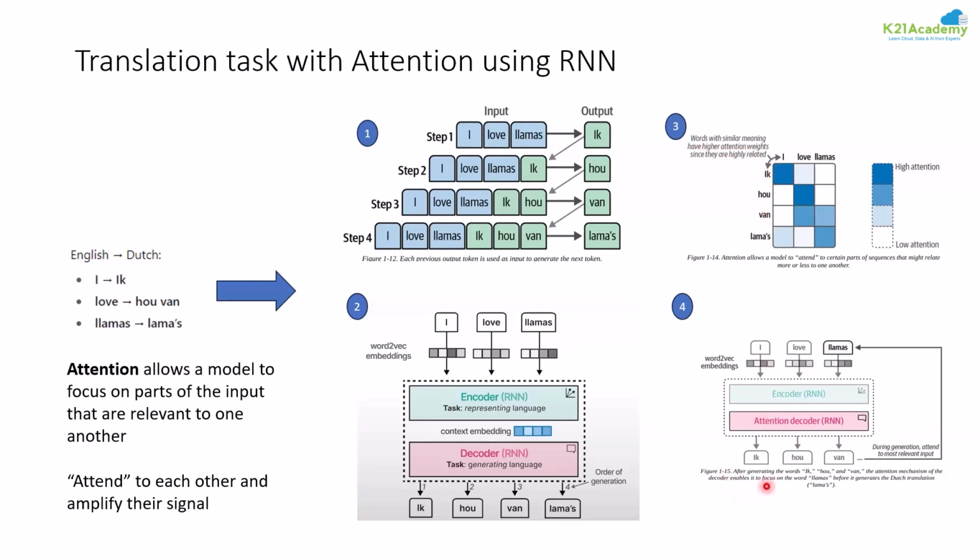After generating the words, the attention mechanism will keep on generating words. So it will generate ik, then how, then when. How is it generating? This way only. It is attaching this word and the whole sequence is again passed to the RNN network. When it goes through the RNN network, after ik, it finds that how should be the most appropriate word. Then after it passes how, it will again pass the whole sentence and say after how, I think when is the most relevant word. And then it will take this and maybe it will take llamas. I'm just helping you understand. So it is taking everything together.